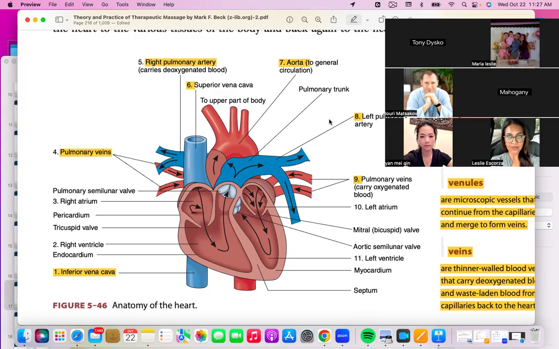Nutrients and oxygen. And then we release metabolic waste and carbon dioxide back to the bloodstream. So it's blood with no oxygen and less nutrients, and it's going to be run back to the vena cava, down from the right atrium,